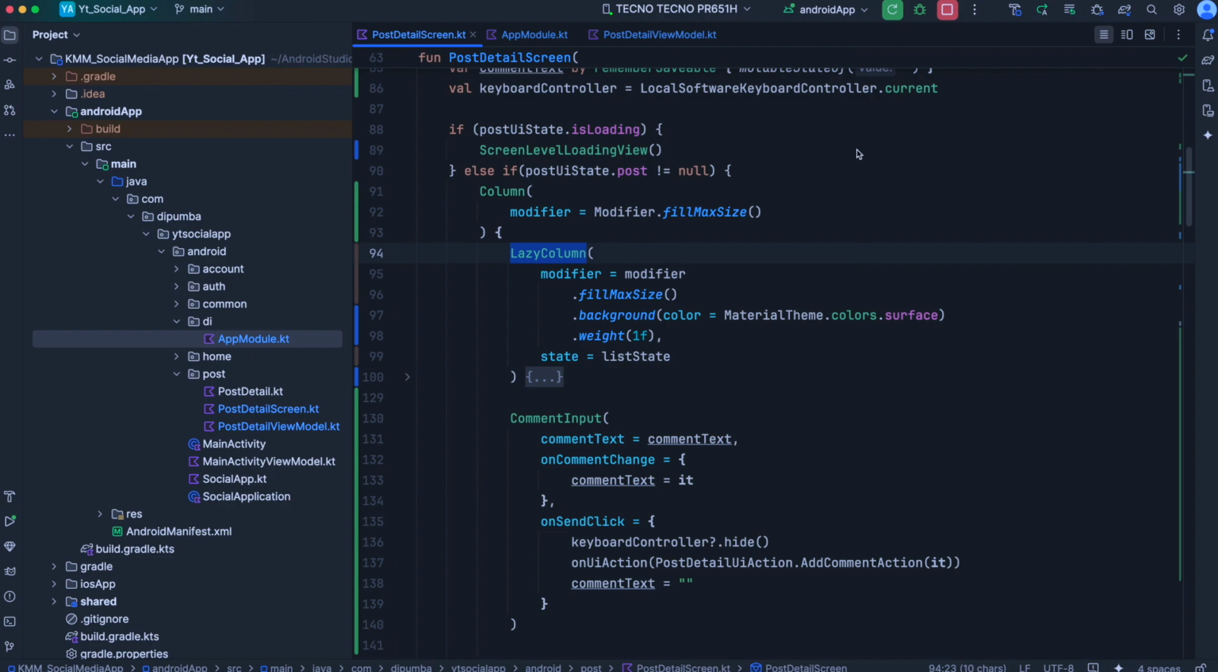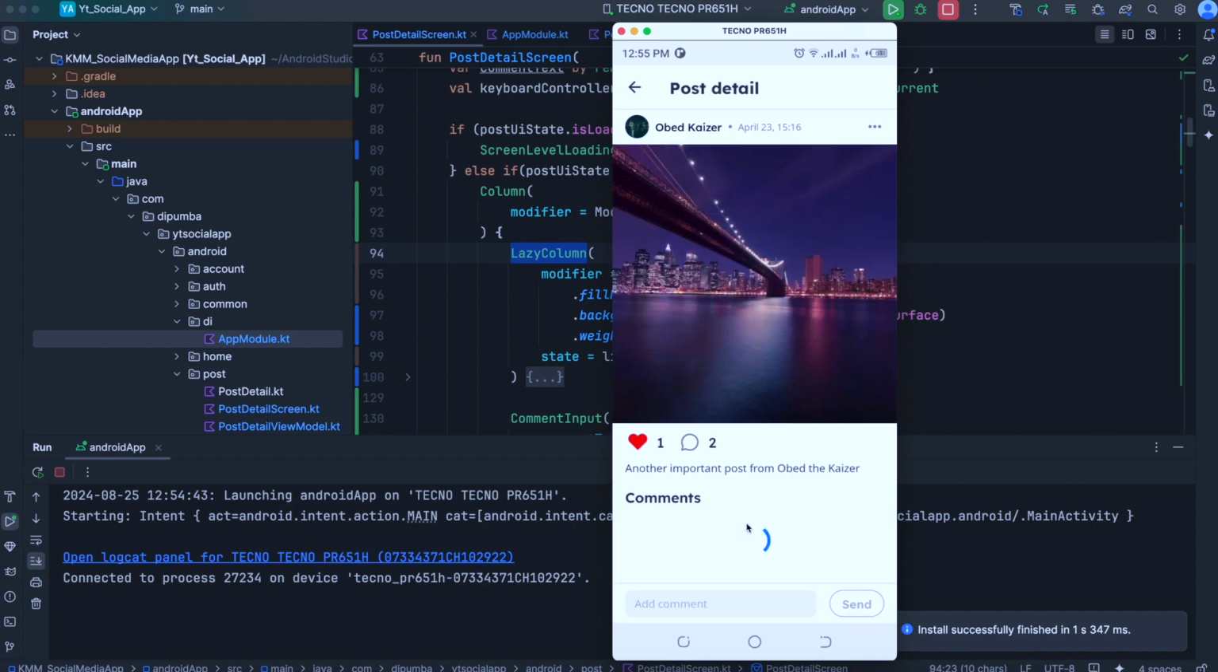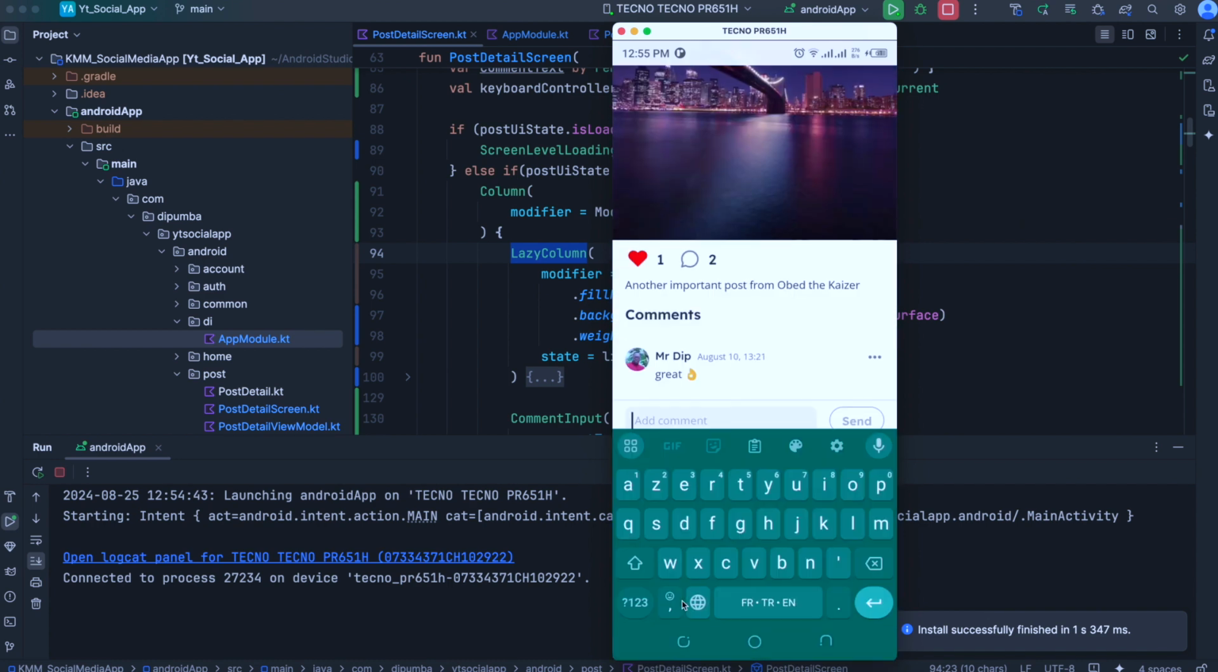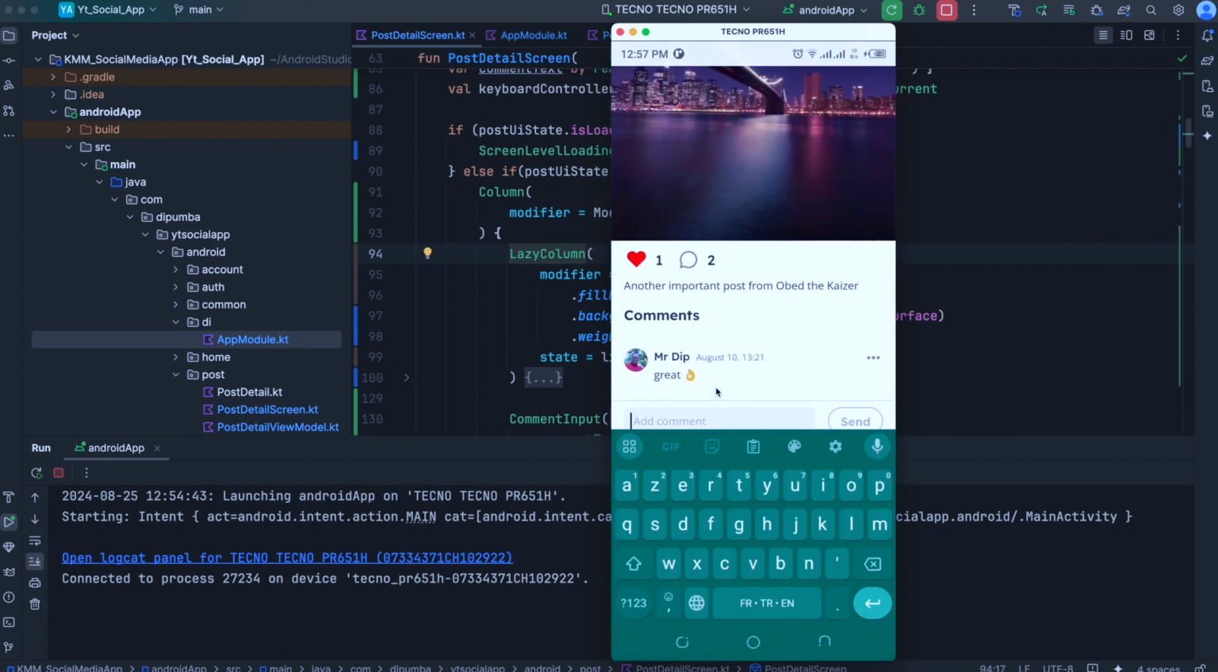All right, now let's go ahead and run the application one more time. All right, so the app has launched. Let's go ahead and open one of these posts. Now, as you can see, we have our bottom input comment section right below this, and we can go ahead and click that. Okay, so to quickly fix this keyboard overlapping the input section, as you can see here,